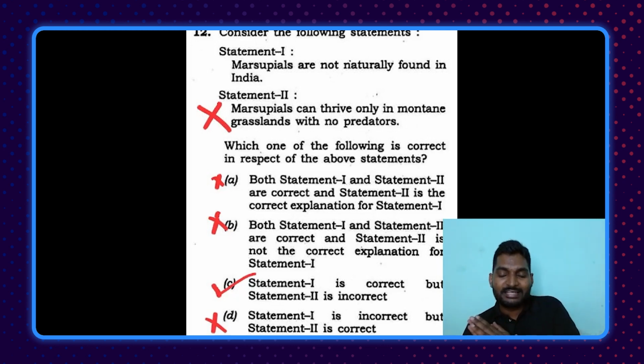Now again, this statement is very much counterintuitive, because how can there be an ecosystem where a creature doesn't have any predators? How would that ecosystem be balanced? So using the feasibility test, if we are able to eliminate statement 2, we get a pretty direct answer, that is option C, because among the given 4 options, only option C states that statement 2 is incorrect. Moving ahead,